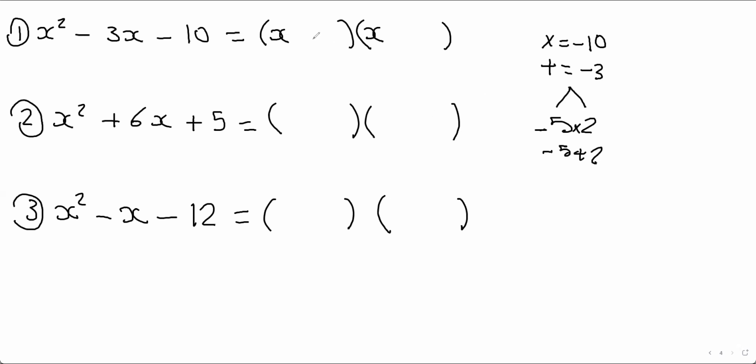And therefore, this is your answer: x minus 5, x plus 2. And also, if you take this and FOIL it, you will get this back. The same thing here, x,